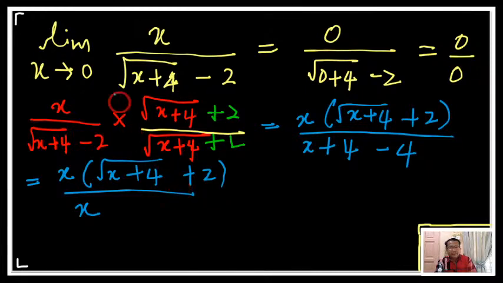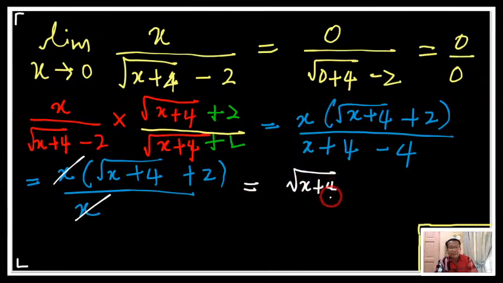At this stage, you must be able to cancel. If you cannot cancel, it means that you have made some mistake here. You must be able to cancel x. Okay? So now this one becomes square root x plus 4 plus 2. No more problem. So, if you solve this,